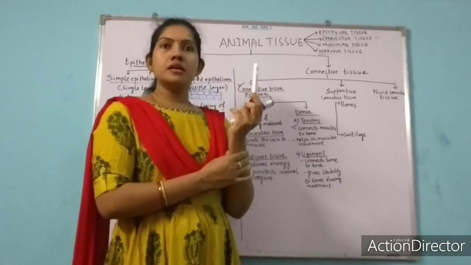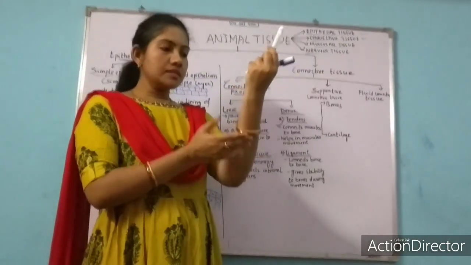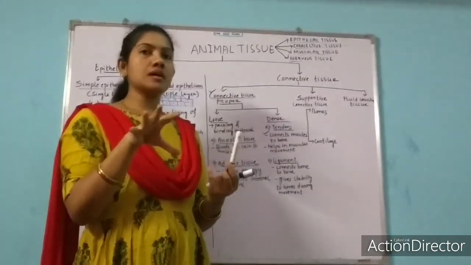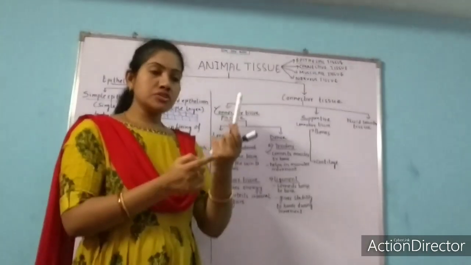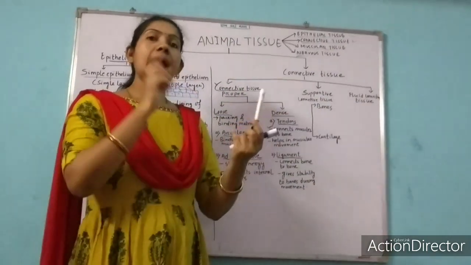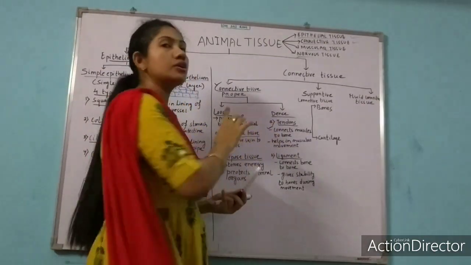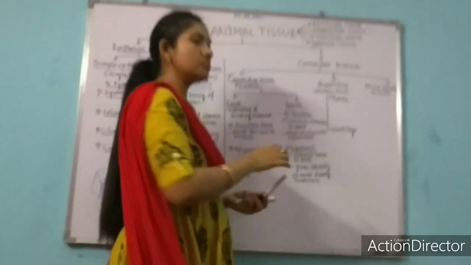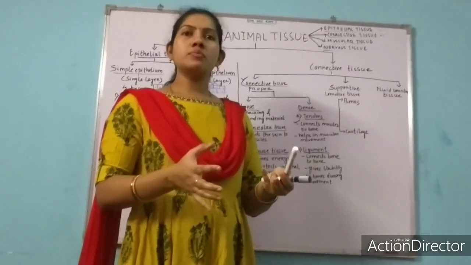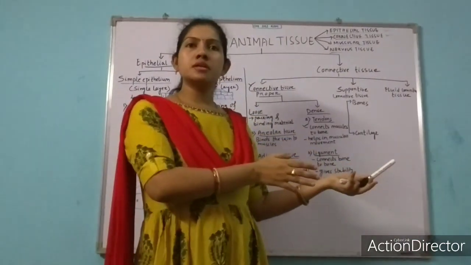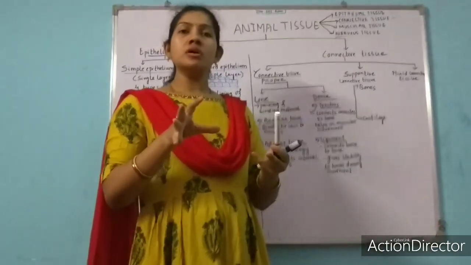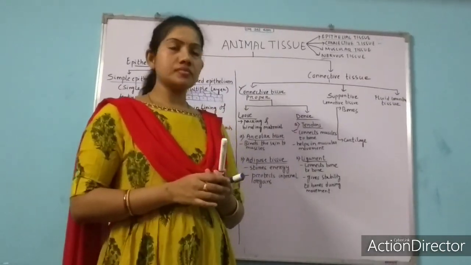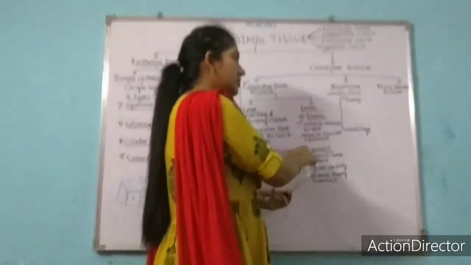If we take the example of any of our bones, there will be an attachment. If you are non-vegetarian, then you can understand this example properly. There will be a connection of muscles with bone, and that connection is given by tendon. Tendon connects muscles to bone, and it also helps in muscular movement. When we move our body from one place to another, tendon plays an important role in the movement of muscles in our body.